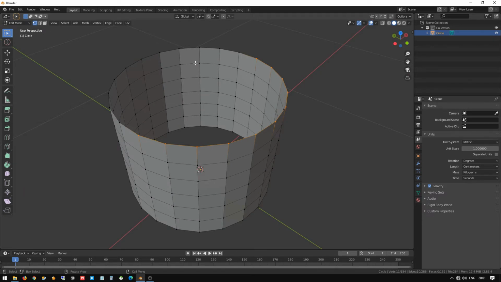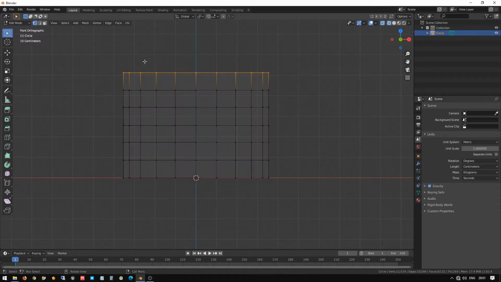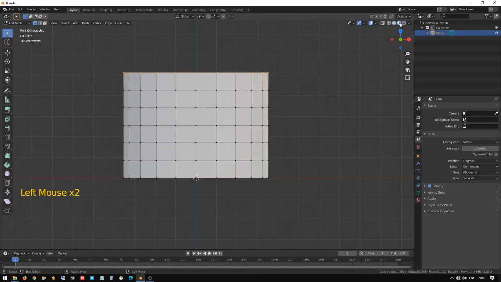While selecting with box select, you need to switch to wireframe mode. Press and hold the Z key on the keyboard and you can see many viewing options. You can go to wireframe mode, and another option is using the tools here: this is wireframe mode, this is solid mode, and this is rendering mode.